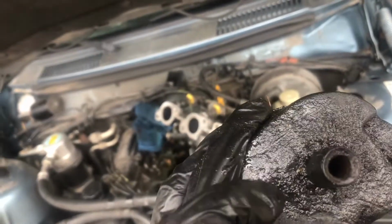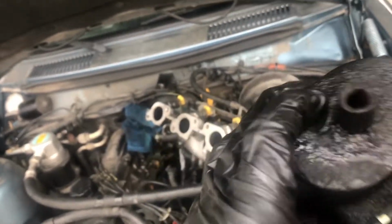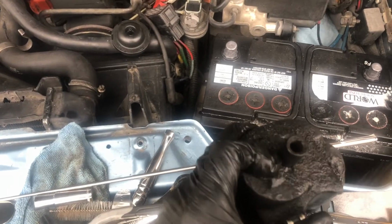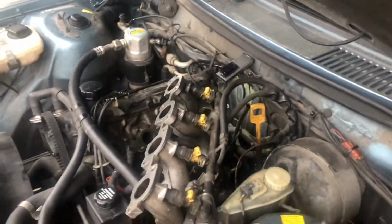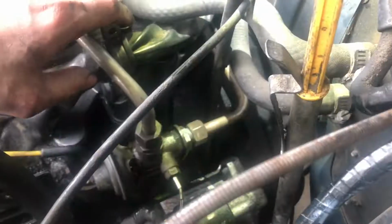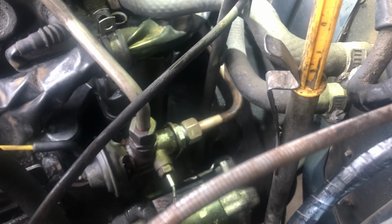But most likely, what happened was some of these hoses were either not tightly secured, or there was so much crud. Look at this. There's a lot of stuff. Okay, so honestly, I doubted I'd ever get here, but here I am. Oil breather. Now, there wasn't really anything to see,